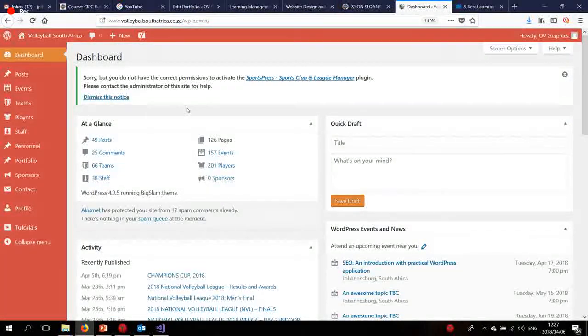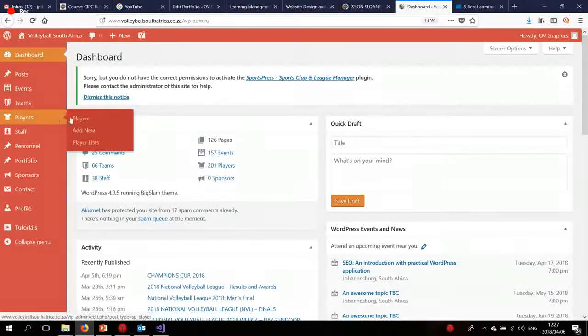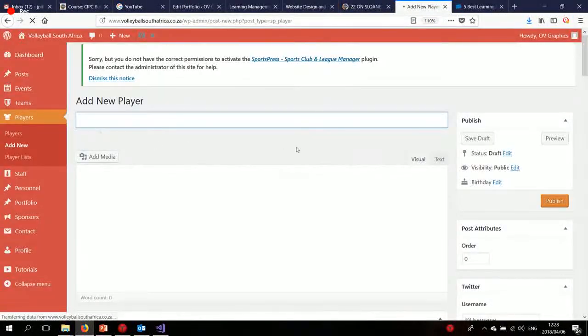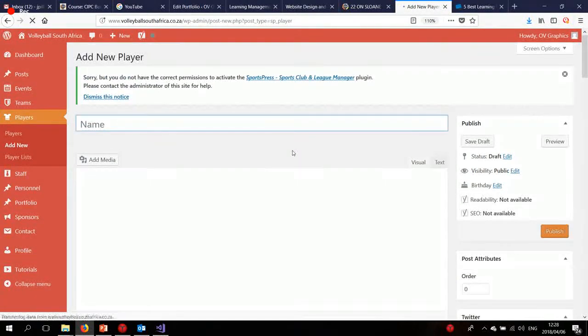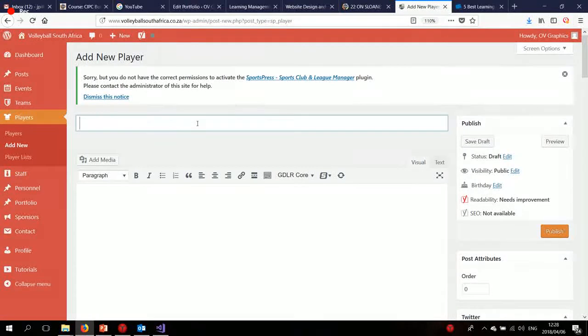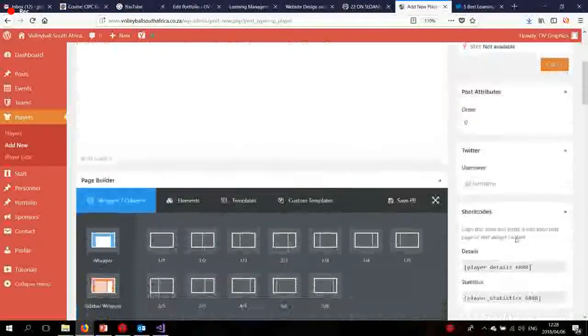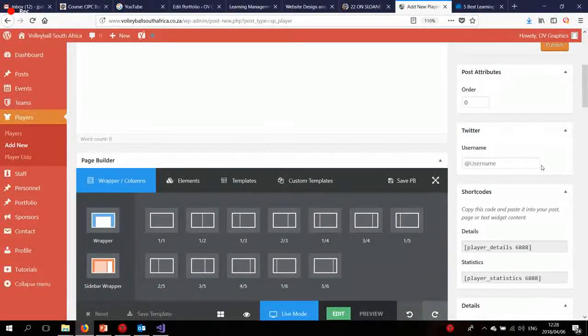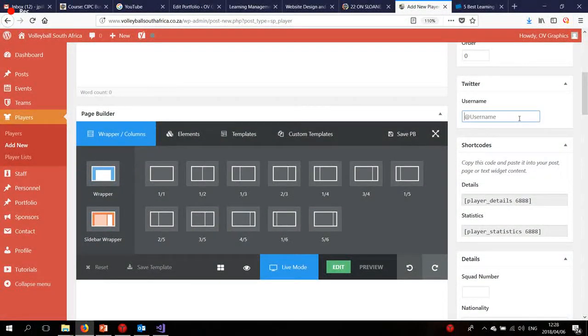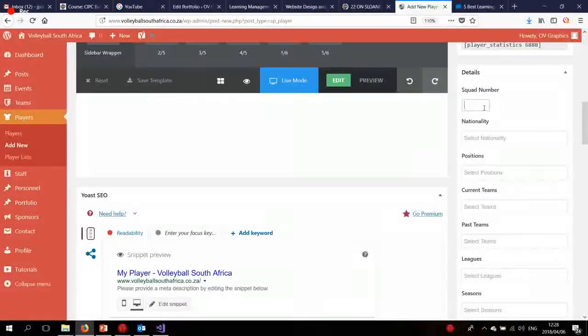Okay, so first thing you need to do is hover over players and then click on add new. So once that loads, you'll need to add the name of your player. So I'm just going to go ahead and call it my player. If you scroll down towards the sidebar, you can add in their Twitter name, the Twitter handle, the squad number,